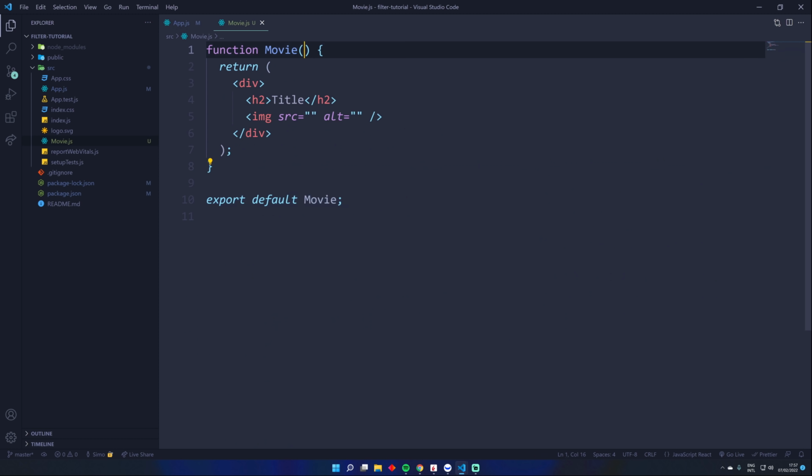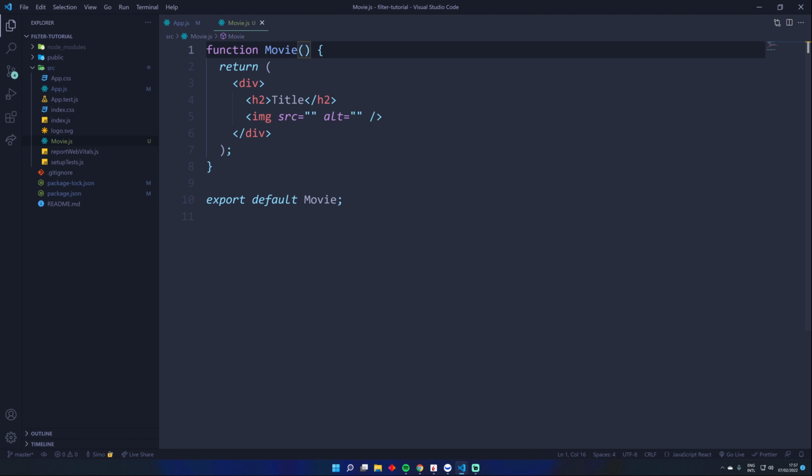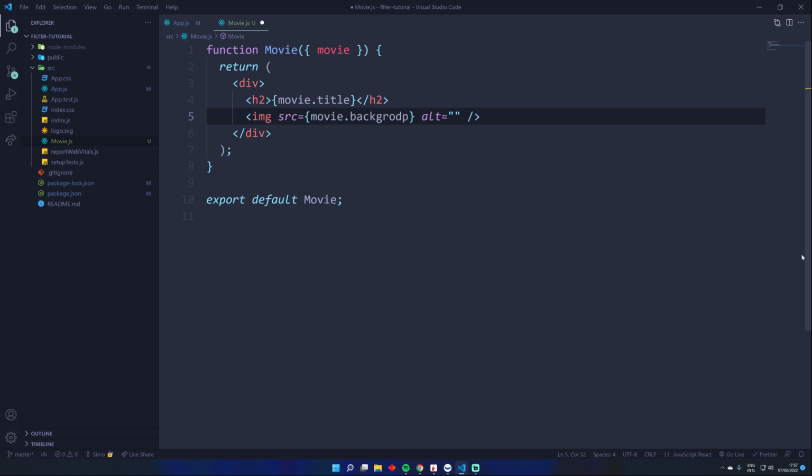So we can go here. Now to access all that data, so we're passing it down with props. Okay, so I'm passing down the data there. And now to access it in here, we just need to add curly brackets and just add movie here. So now I can do curly brackets here and say movie.title. And here for the image source, now I cannot do movie.backdrop or whatever that is. We need to actually pre-append some URL to it. So it's